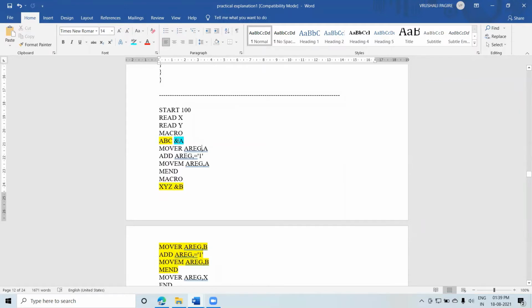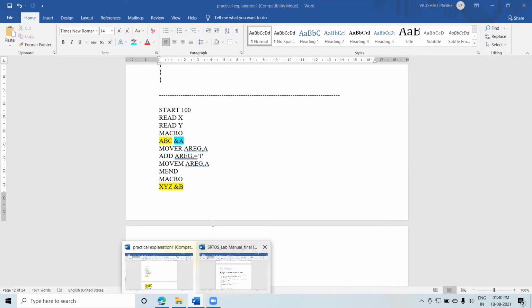You can see all these formal parameters have the simple ampersand symbol. What is the logic behind it? Just search for the ampersand symbol in your source program. When there is an ampersand symbol, it means there is a formal parameter or argument in your program. Once it is detected, immediately copy the next letters or characters into your array. This is the simple logic you have to apply to generate the argument list array.